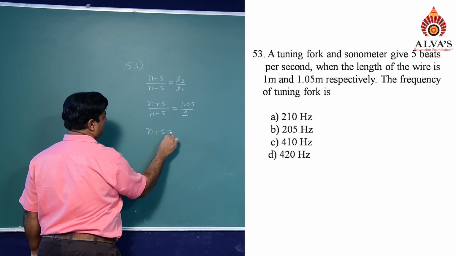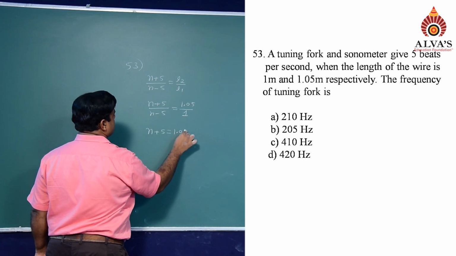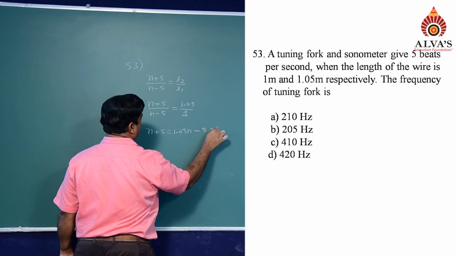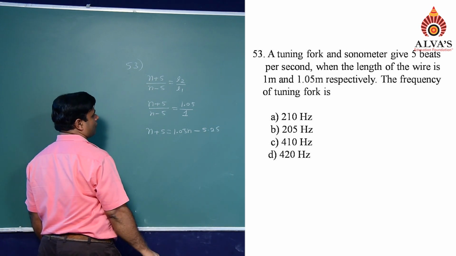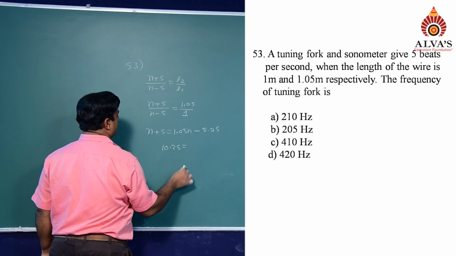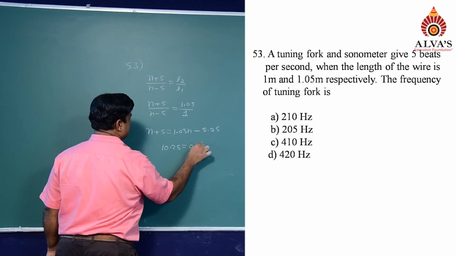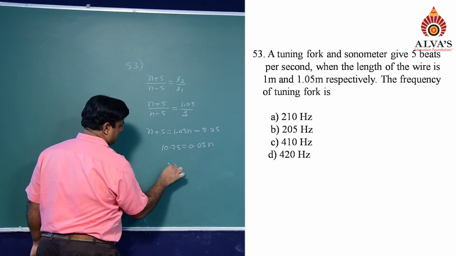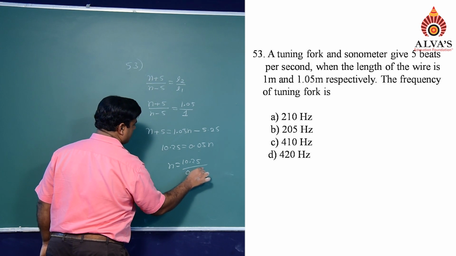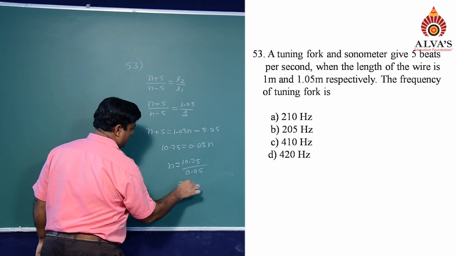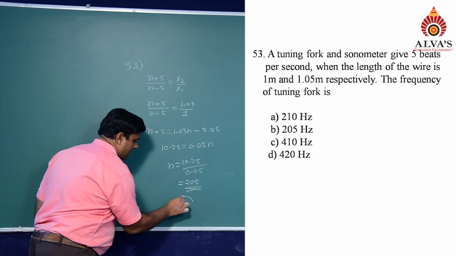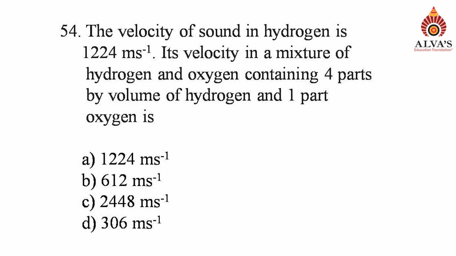n plus 5 equal to 1.05 n minus 5.25, which gives rise to 10.25 equal to 0.05 n, implies n is 10.25 divided by 0.05, which is 205 hertz. So, the answer is